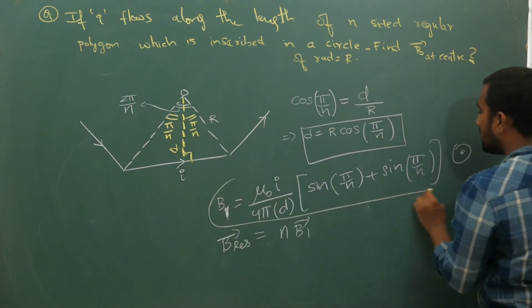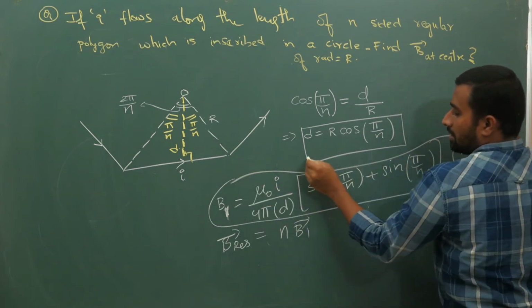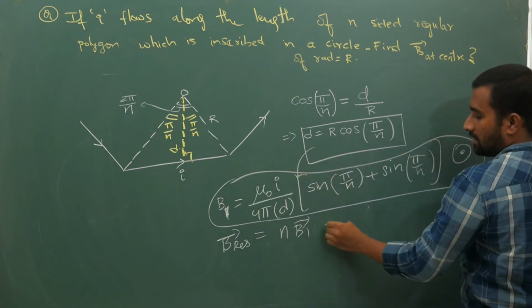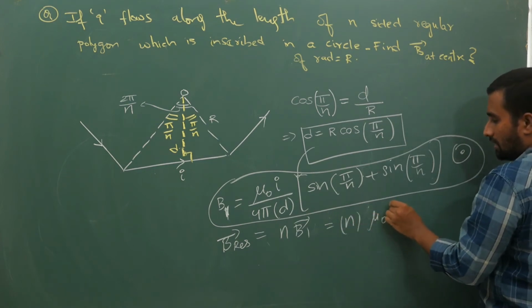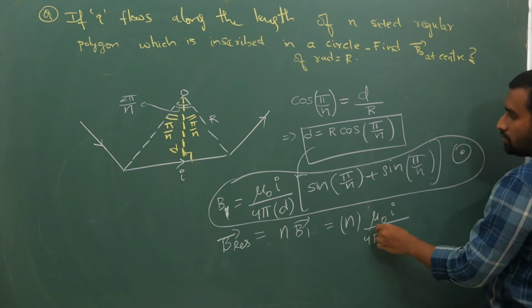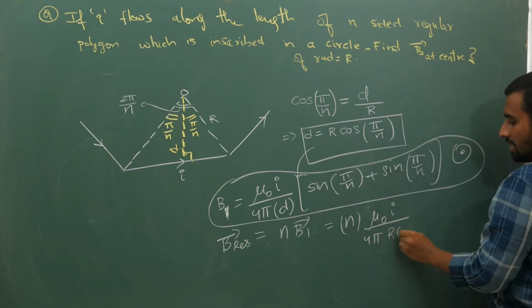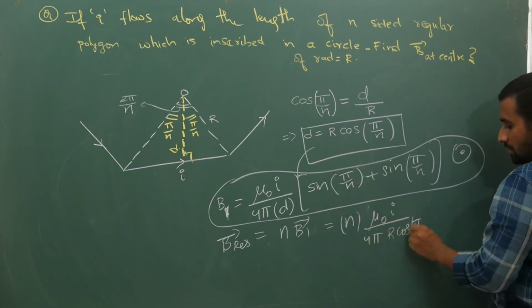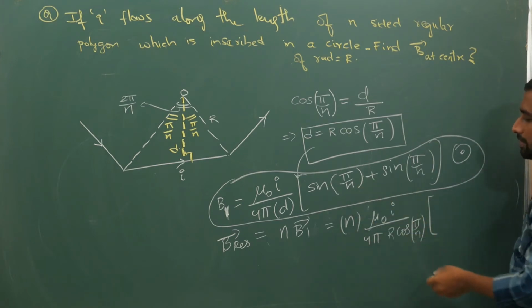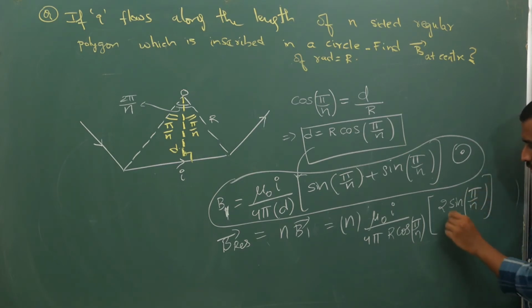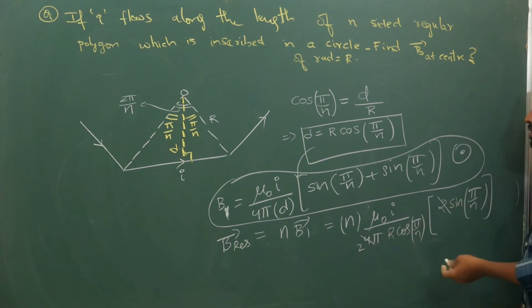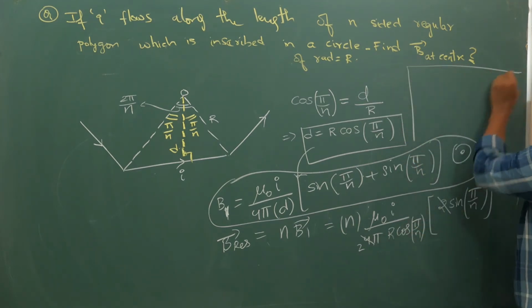You have calculated B1, substitute this d into this expression and your answer is n times mu naught I by 4 pi into, d is R cos of pi by n, times in the numerator sin pi by n plus sin pi by n, which is 2 sin pi by n. So 2 ones are 2, 2 twos are 2, sin by cos is tan. So your final answer is going to become